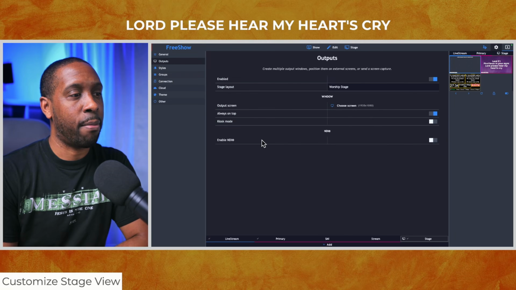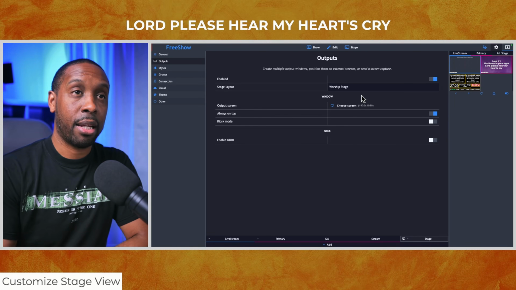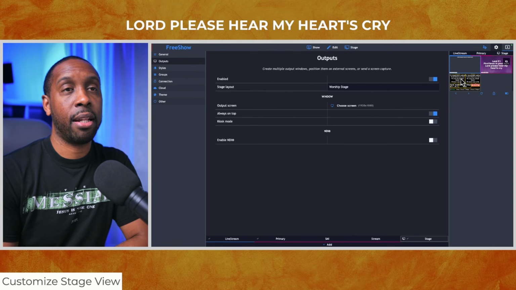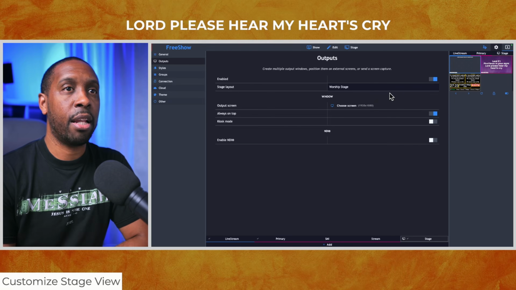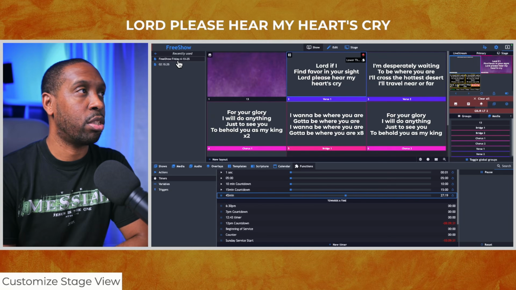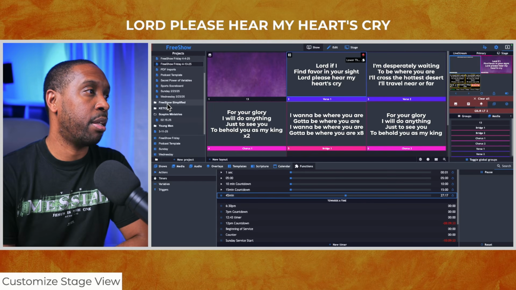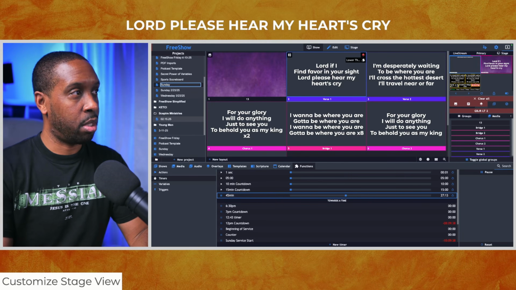We're going to go back to our outputs, and for our stage, we've got everything set for what we need. And what they'll see is something like this during worship. And then what you can do is when it's time for the preacher notes, let's go to our show. I'm going to go back out here and let's do a Sunday project. And we're going to call this